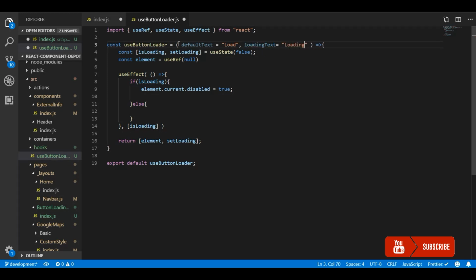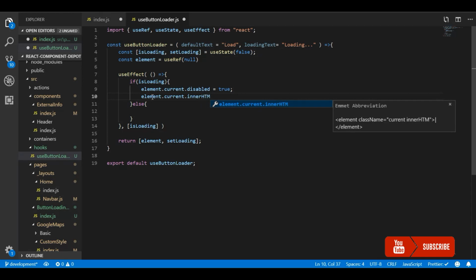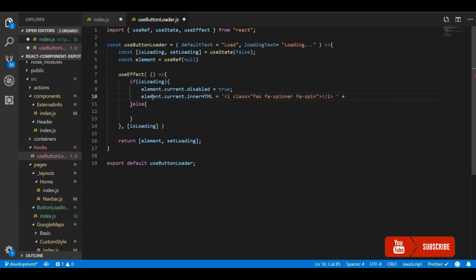So each and every button will have its own properties, names, and these things. So let's set element.current.innerHTML equal to the loading icon plus the text that we will display inside the button.